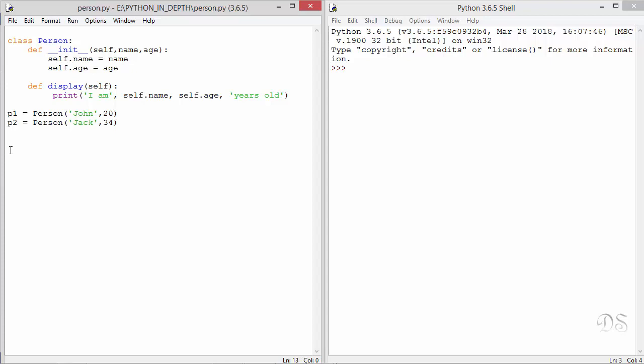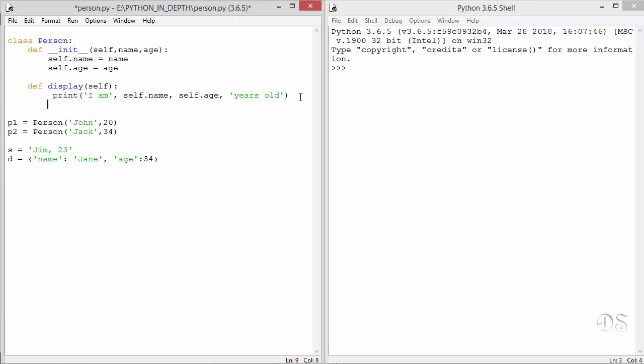For example, we may have a string that contains name and age separated by a comma, or we may have a dictionary that contains name and age. You might read this type of data from a file or from any other place. Now you want to be able to create an instance of type Person from this string also and this dictionary also. Python does not support function overloading, so there can be only one type of initializer. We cannot have more than one definition for the init method inside a class. So to add this functionality to our class, we have to rely on class methods.